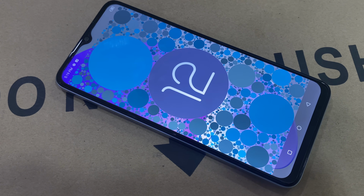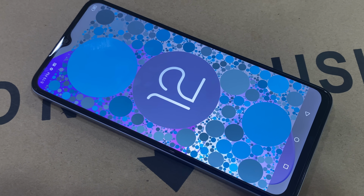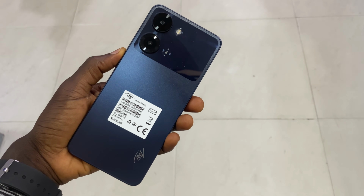The battery capacity is 5,000 mAh and is rated to take you more than 1 day of usage. And then the USB Type-C port supports a 10-watt charging system. In conclusion, I recommend you buy the itel S23 because it is one of the best phones itel has ever made. I said one of the best because itel also released the P40 Plus 4G smartphone, which to me